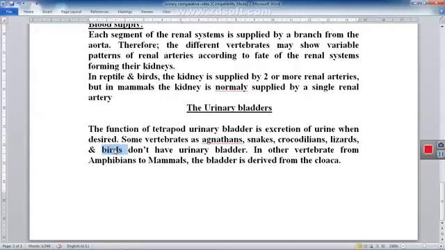They have a cloaca, and other vertebrates have a urinary bladder, just like the amphibia or the mammals. In the amphibia and mammals, the bladder is derived from the cloaca, of course. That is, in summary, what is described for the